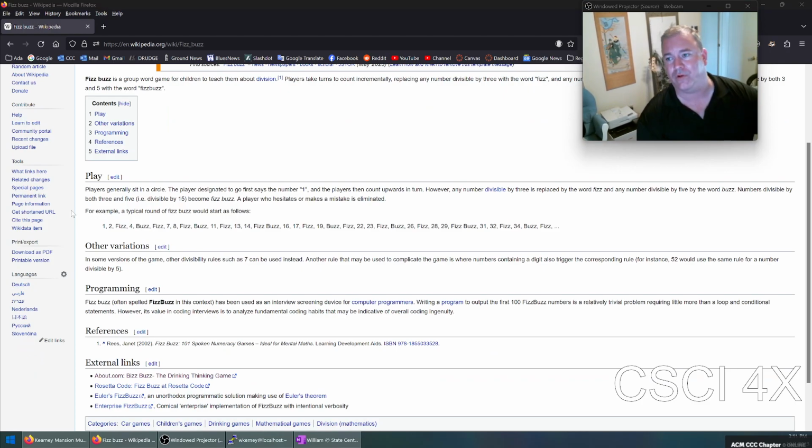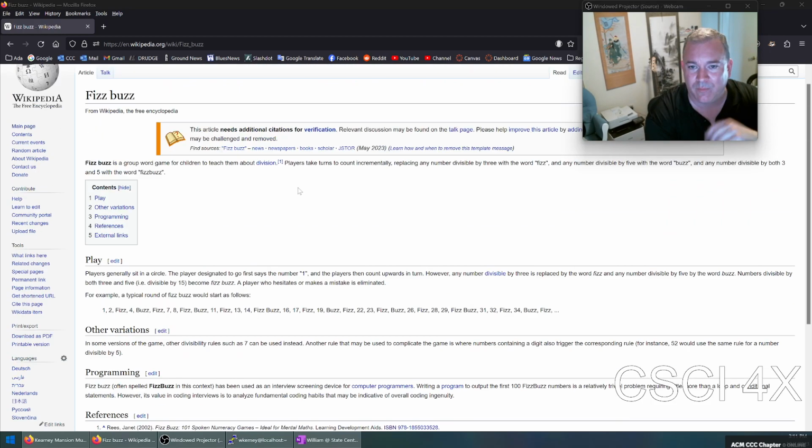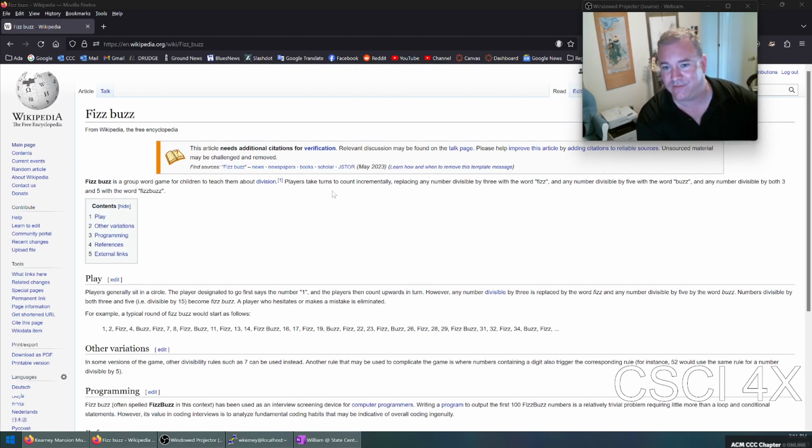game where people will go around in a circle clapping, going 1, 2, fizz, 4, buzz, fizz, 7, 8, fizz, buzz, 11, fizz, 13, 14, 15. Ah, dang it, 15. It's supposed to be FizzBuzz. Shot. Not only is it a drinking game, but it's also a kids game that will teach kids divisibility and